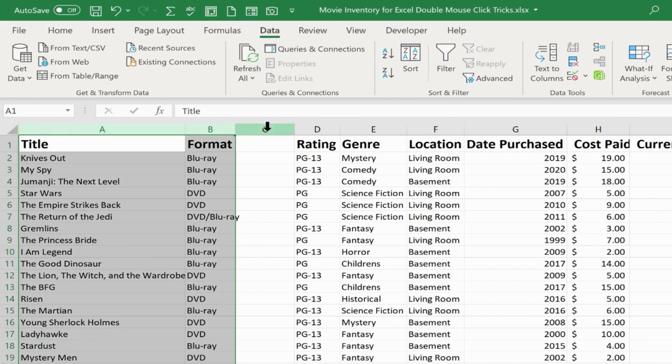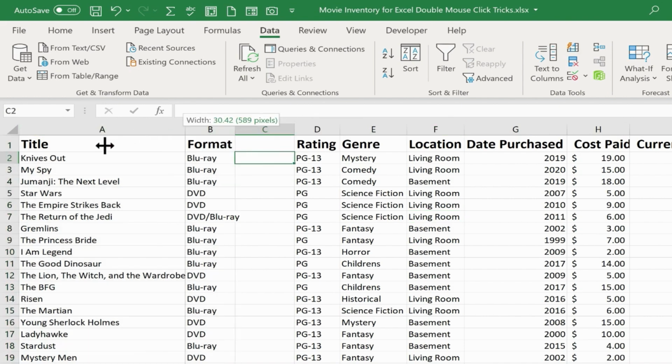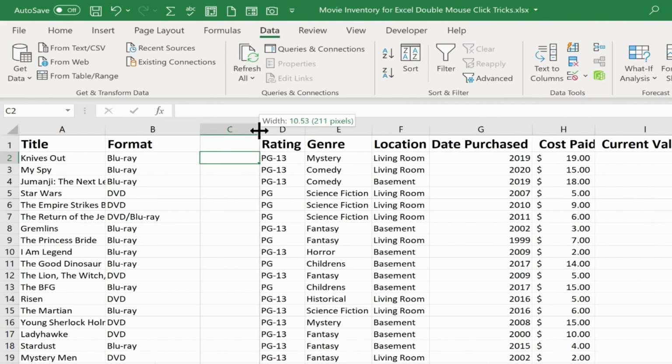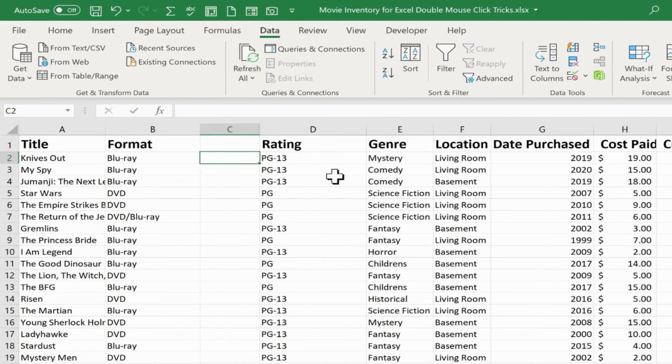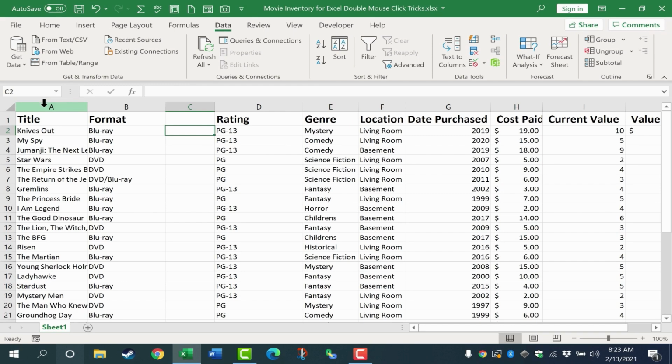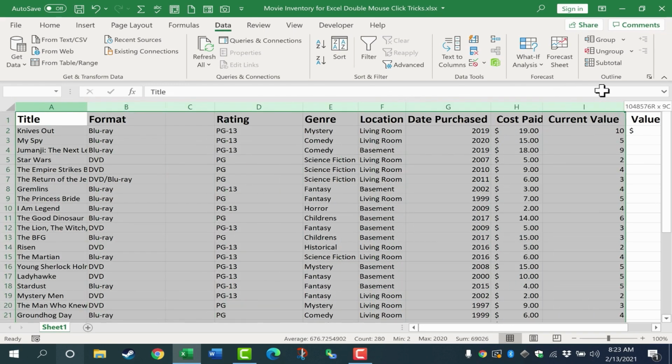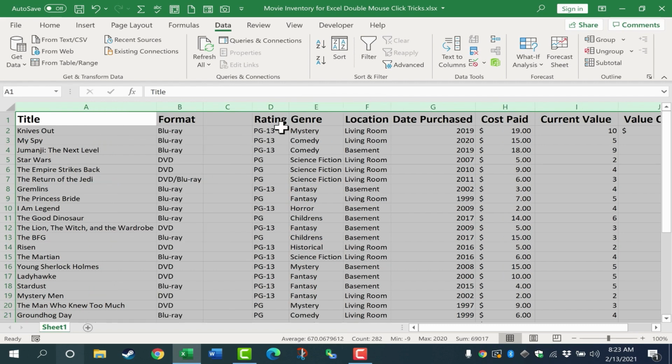You can also do this with more than one column at once. So I'm going to change A, B, and D to make them all different sizes. If I click and drag on the column letters all the way across, and then double click between any 2 of them, it should automatically resize all of them to the perfect width.